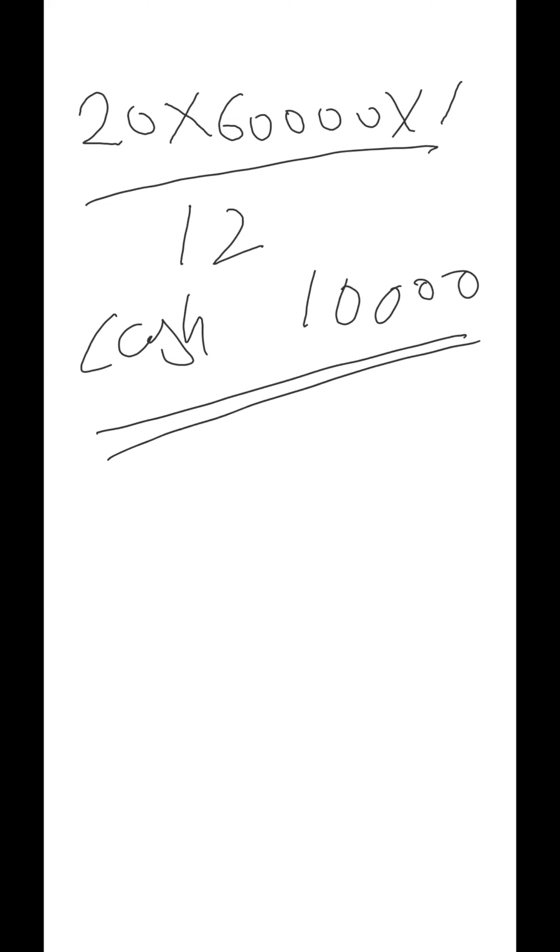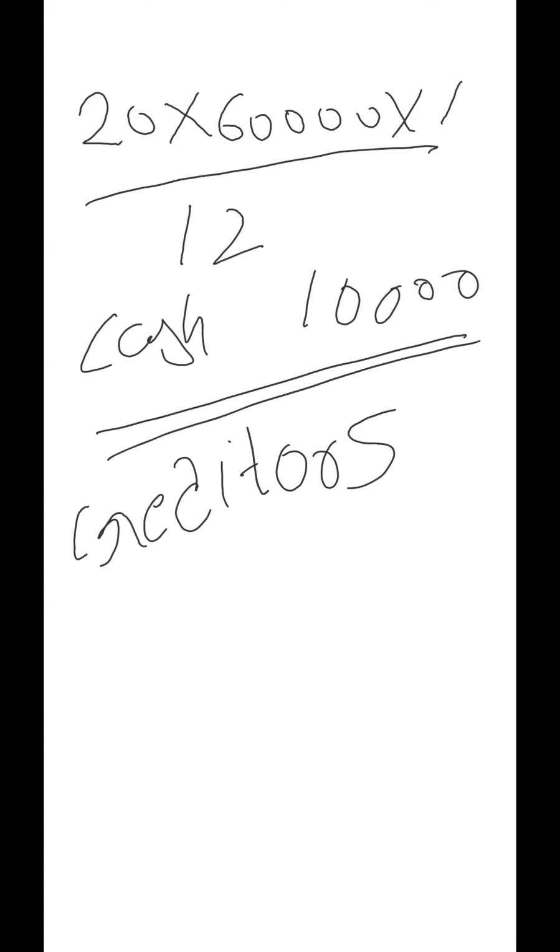Okay. Now we will move on to the current liabilities. The first item which we include in the current liabilities is our creditors. So who are the creditors? Who will be your creditors? The ones from whom you have taken the raw material. Creditors are those for whom you have a liability. You have taken from them, now it is your liability, you have to pay them. So those are your creditors. Now what is the cost of the raw material? 10 rupees. How many units? 60,000.